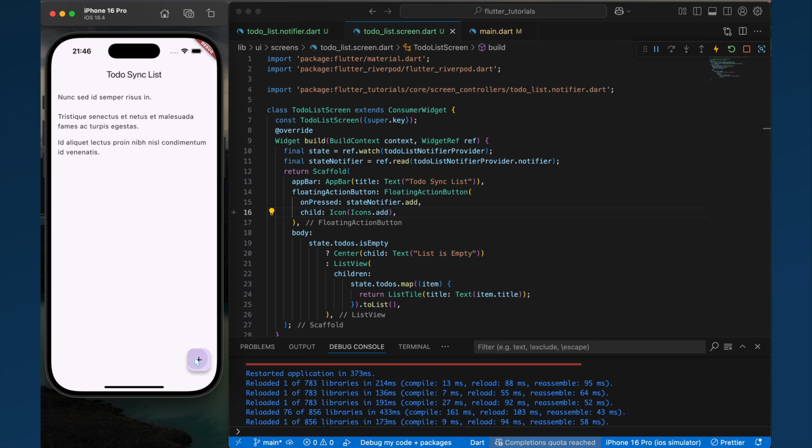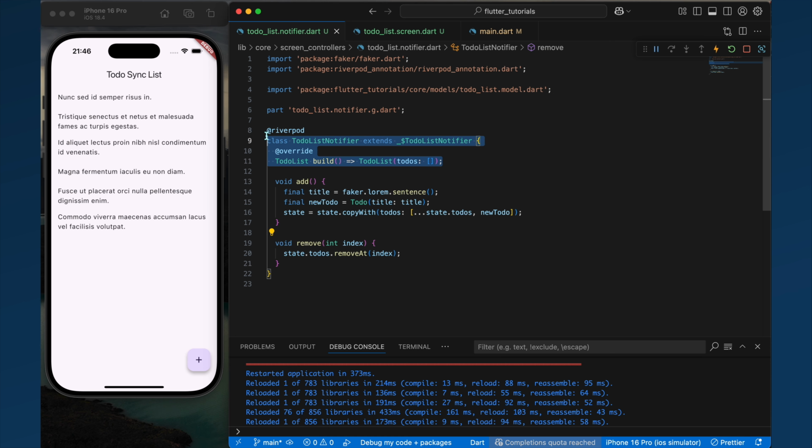Add, there we go. As you can see, our state is working. This is a synchronous state, so there's no loading indicator. As you can see, our state property is getting updated by the add method. Now that we have added an item to our to-do list, we are going to remove it